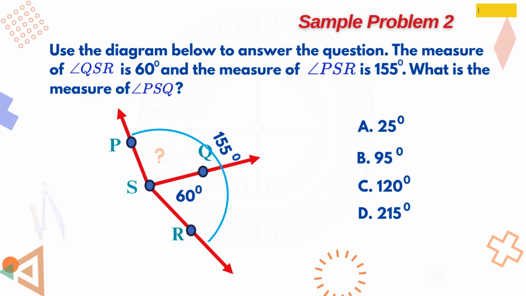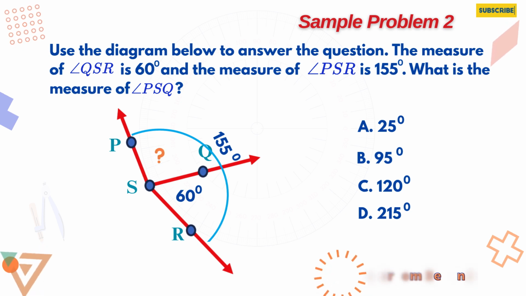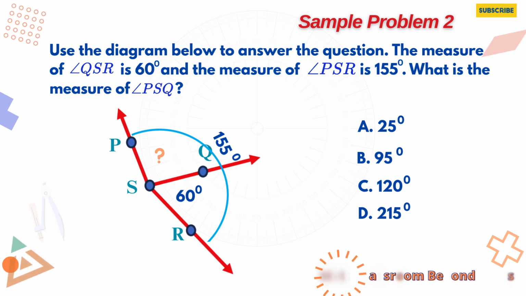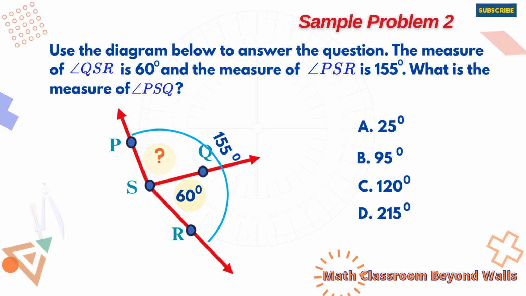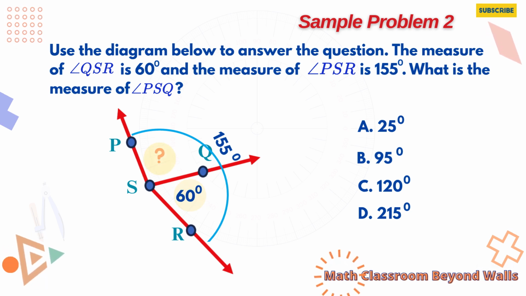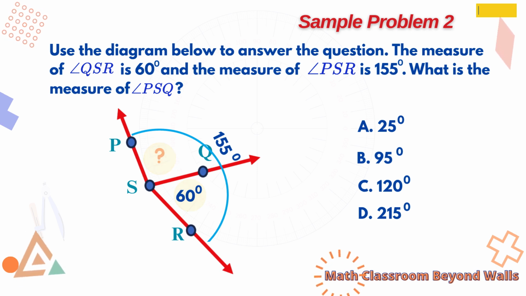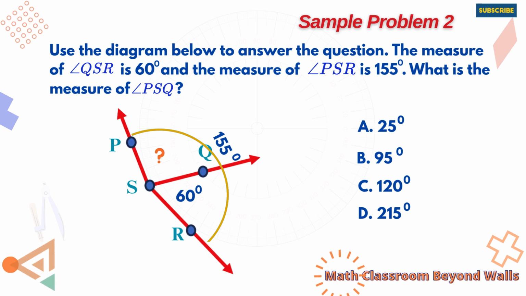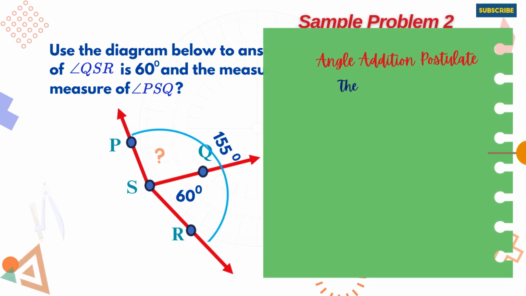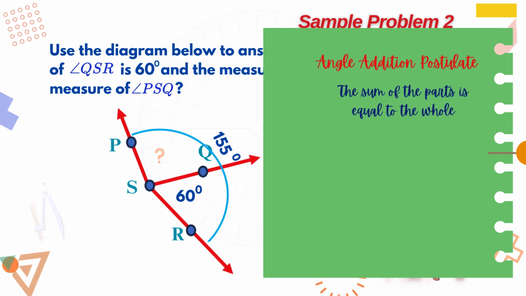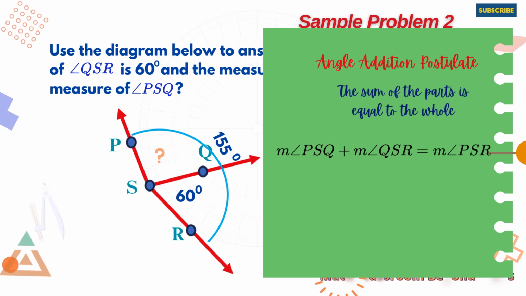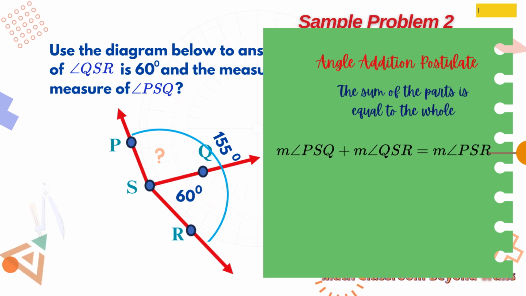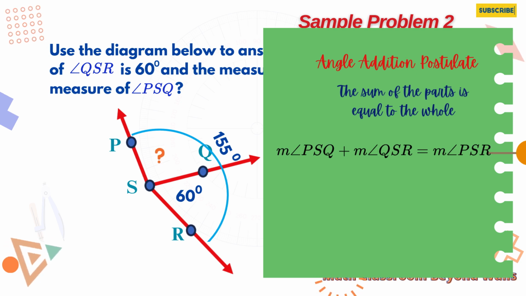Now, we clearly see the angle whose measure we are looking for. Learners, what can you say about angle PSQ and angle QSR? Okay, so they are adjacent angles. Being adjacent, they form to make the larger angle, angle PSR. So again, the sum of the parts, the smaller angles, is equal to the whole, the larger angle. That is, the measure of angle PSQ plus the measure of angle QSR is equal to the measure of angle PSR. Plugging in the values, we have